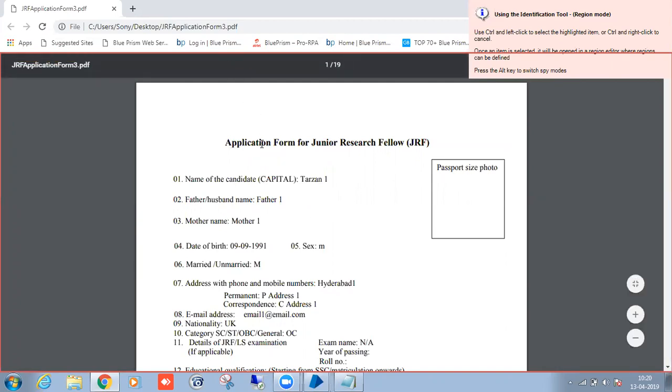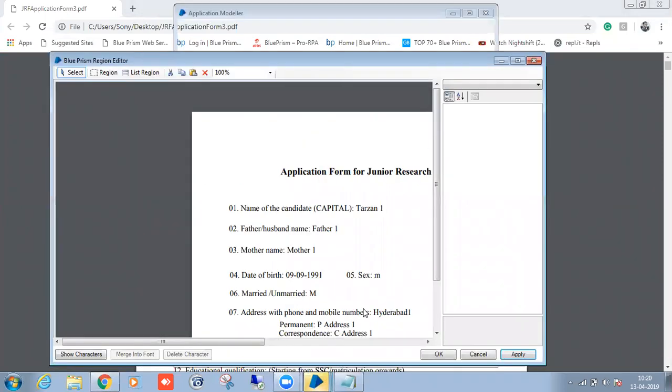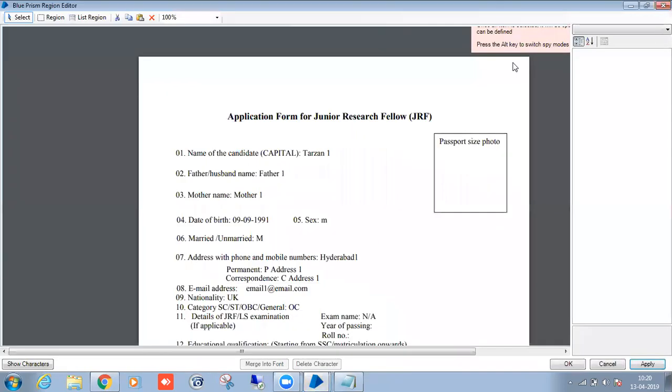Okay. So see, I'm taking the complete screen, control mouse left click. First, I will capture the full screen, and after that, I will create the elements on the same screen. You can see here. So when you select the complete region, this is how it will look.